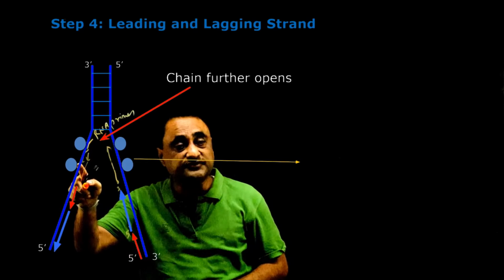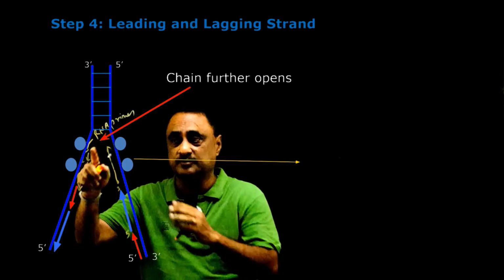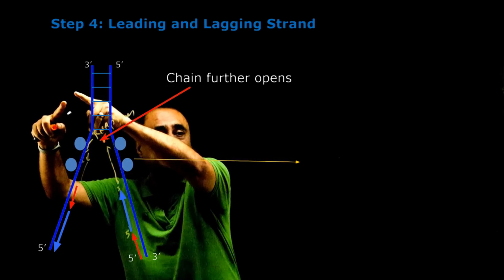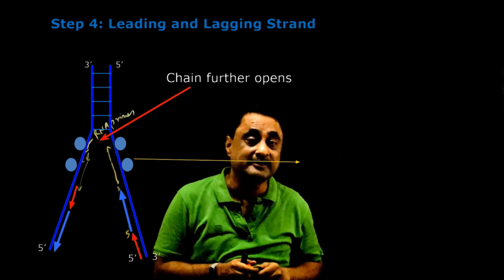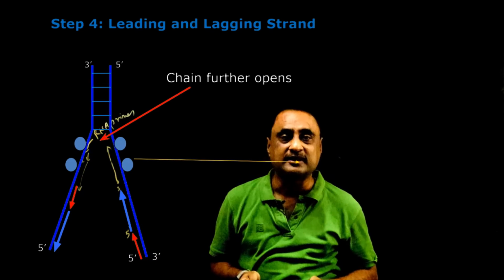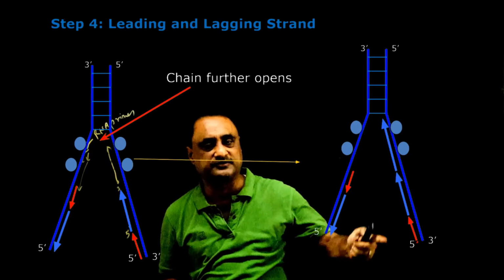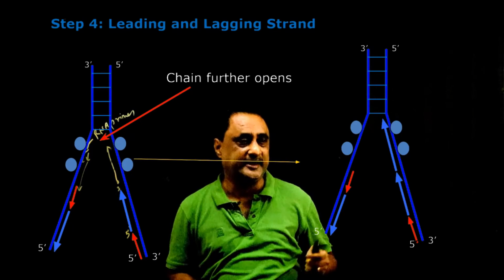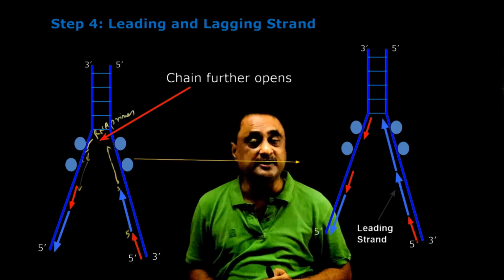So in this strand, what we see is that synthesis is not continuous, rather discontinuous, because if it is going to open further, what will happen? Again, in this particular strand, synthesis is always going to happen in a discontinuous manner. Have a look at this diagram. You can see that in one strand the synthesis is continuous, which I have already explained, and in another strand the synthesis is going to be discontinuous.